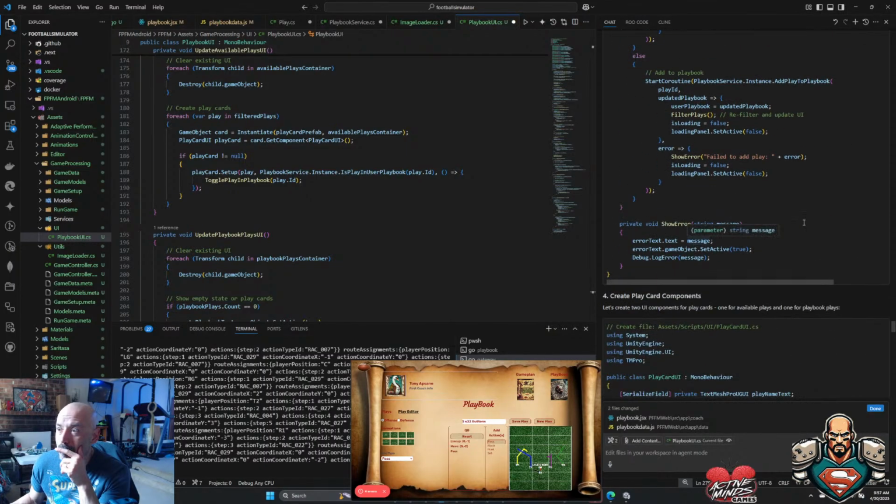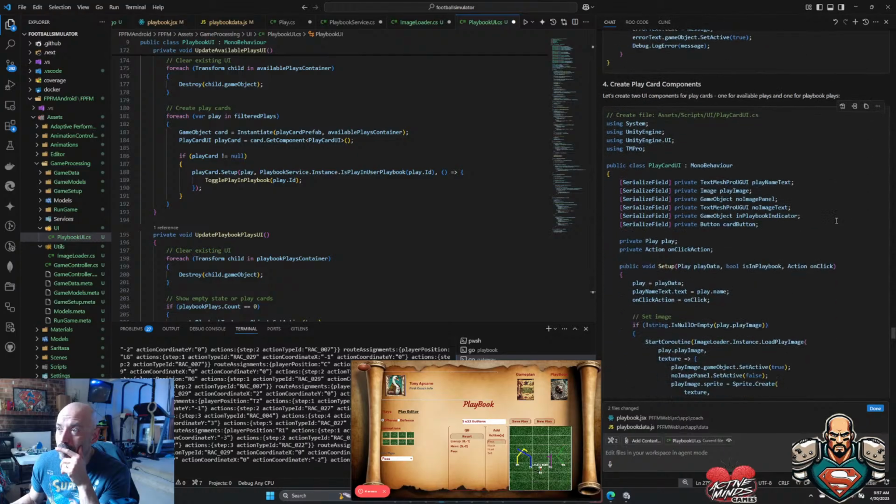Create play card components. Let's create 2 UI components for play cards, one for available plays and one for playbook plays. Okay, so that's fine. But